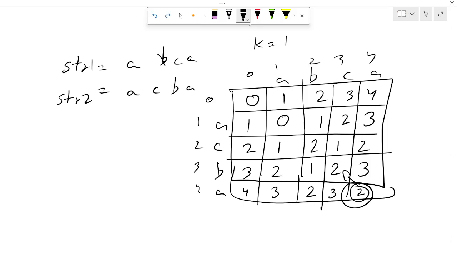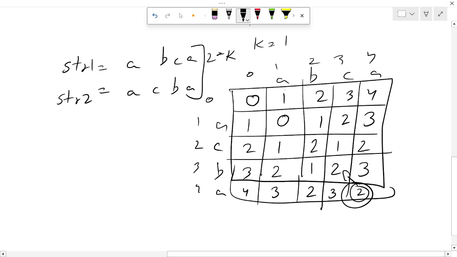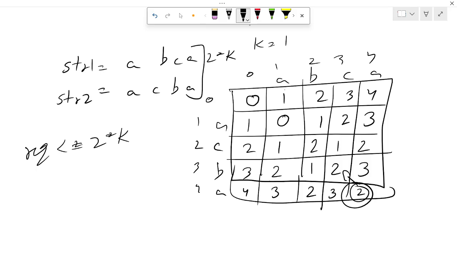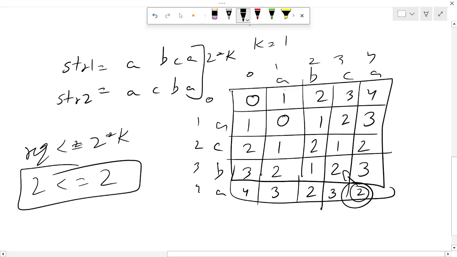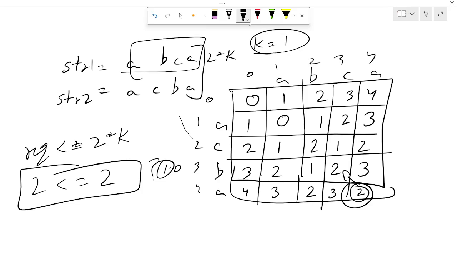तो हमको ये बताना था कि इन टोटल में से हमको 2 क्रॉस के कैरेक्टर्स को रिमूव कर सकते हैं अगर वो पॉसिबल है, अगर रिक्वायर्ड हमारा 2 क्रॉस के अंदर आता है, एट मोस्ट 2 क्रॉस के, so our 2 and k is here 1, so 2, so yes this is possible and we will return 0, so yes this is possible. So if we take one string, then our k is 1, so we can delete any character whether C or B, then we can make this string a k palindrome.